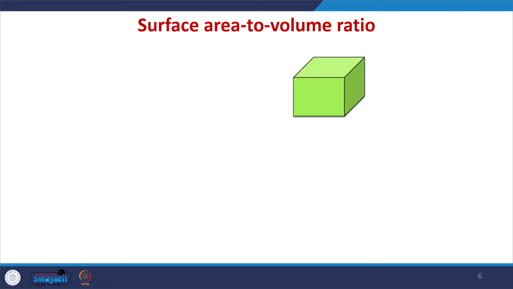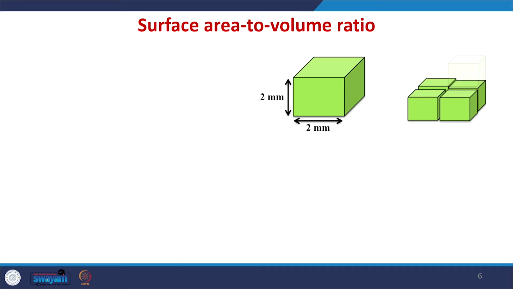Whenever we talk about nanomaterial, whenever the size goes down, the surface area to volume ratio will be higher. Let me explain how this surface area to volume ratio goes higher when the particle size goes down. Let us see a simple example. You take a 2 mm box and cut this same 2 mm box into small pieces of 1 mm size.